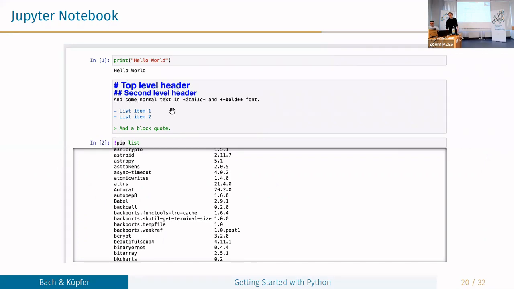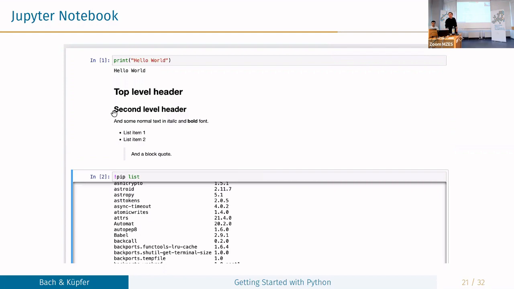So here I'm editing some markdown code, and if I execute this cell, then I will see the rendered markdown content. That allows me to create some nice HTML reports and some PDF reports, if I want to share my results, my notebook, my code with others.